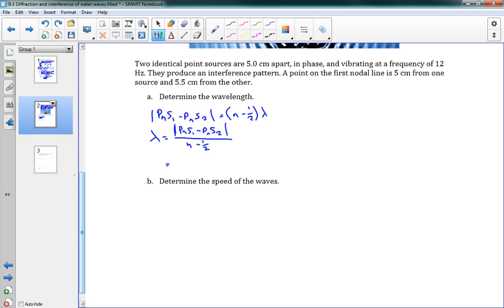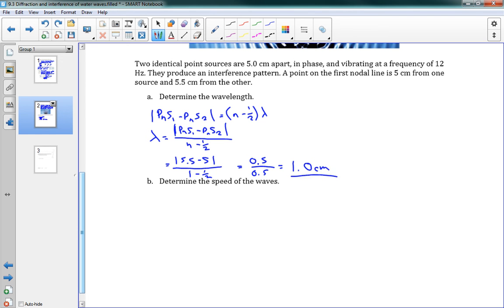And now we can plug in some numbers. The distance here, we said it was 5.5 centimeters to one, 5 centimeters to the other, so 5.5 minus 5, take the magnitude of that, over, and this is on the first nodal line, so we have 1 minus 1/2. And this gives us 0.5 over 0.5, which means that we get an answer of 1.0, and our unit here